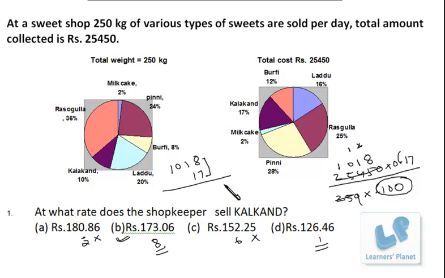It's 8 sevens are 56, 6, 5 we have to carry. Then you cross multiply these two: 7 into 1, 7 plus 1 into 8, 8. So 7 plus 8, 15 and 5, 20. So I'll put 0 and 2 will be carried forward. So what is the second last digit? That is 0. So we have only one option with second last digit 0, because the unit digit can also be done, but here three options have the same unit digit. We cannot come to a correct choice if we just calculate the unit digit. That's why I calculated the second last digit.